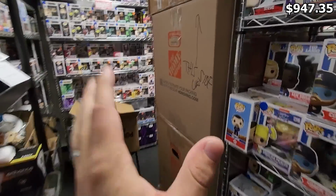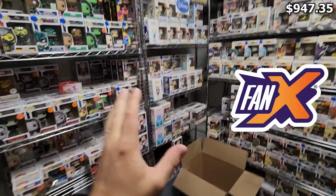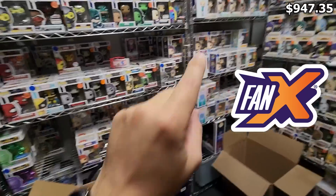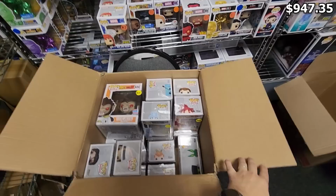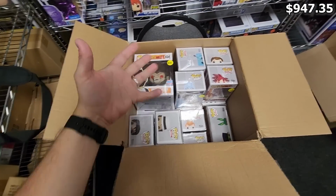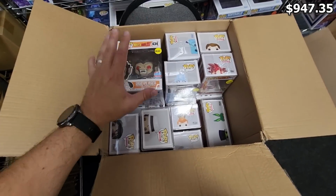I gotta say, this is quite the way to start the video, guys, but I'm in their back room. If you didn't know, FanX is coming up. It's a big convention that's here in Utah and Salt Lake. Pop City has some pops set aside. There are some pretty good grails in here that they were showing me, and I don't know if there's any that we need, at least for our $50 challenge today, but I want to show you a couple because these